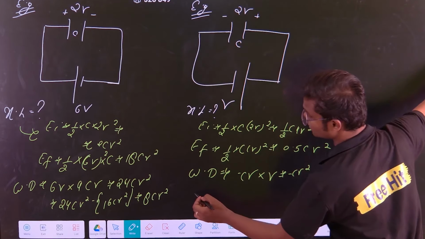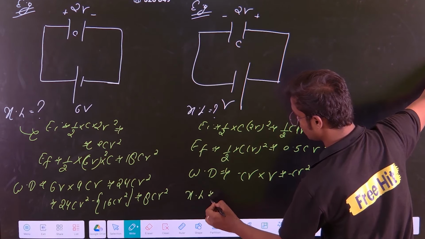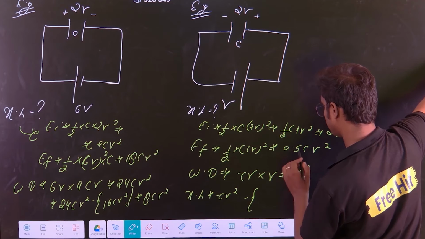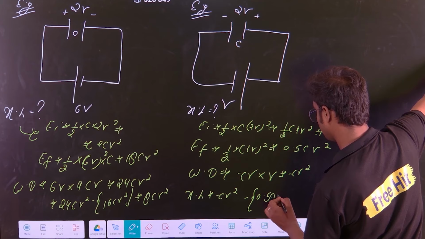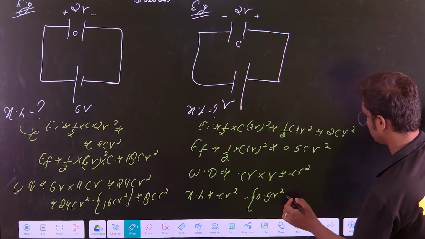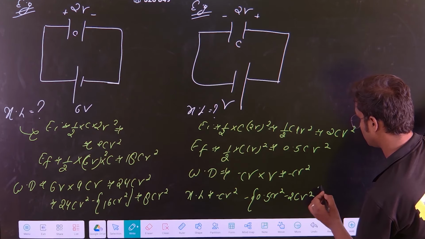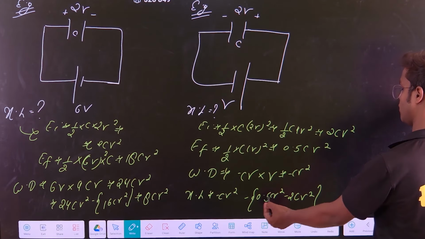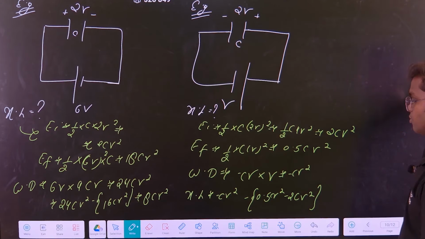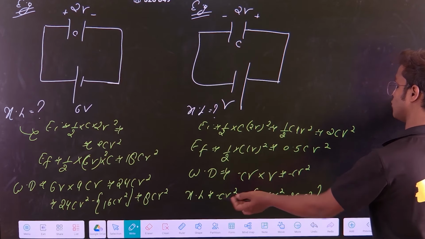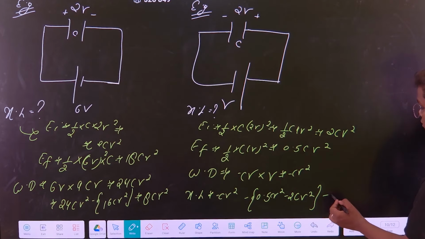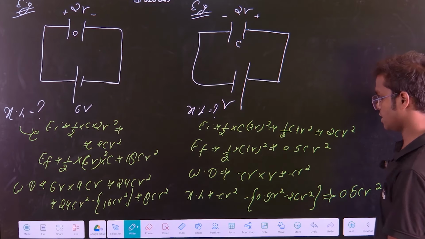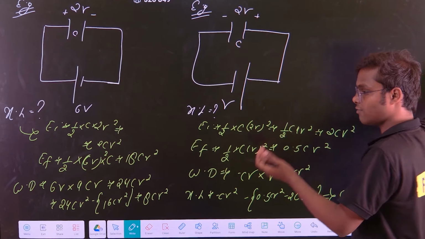So now you will calculate the heat loss. So what is heat loss? Minus CV square minus what is final energy? 0.5 CV square. This is minus 2 CV square, correct. So this will become minus 0.5 minus 2, that is minus 1.5, minus 1.5 plus the 1.1 will be getting, so heat loss will be 0.5 CV square. So I hope you understand that heat loss can never be negative,